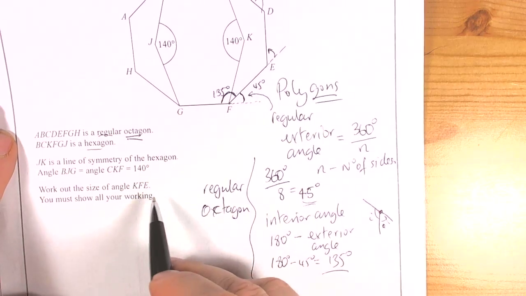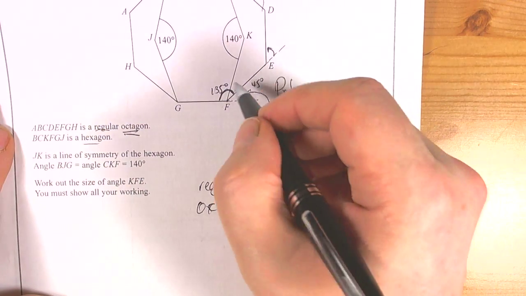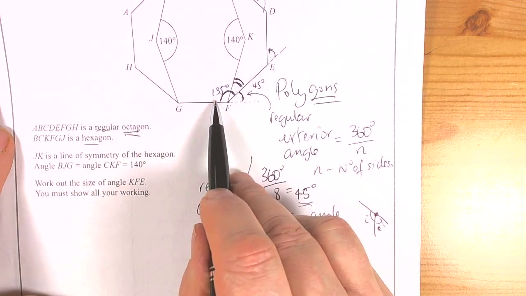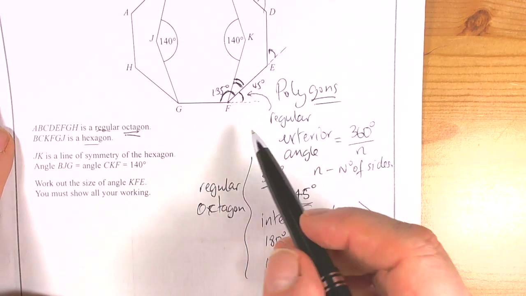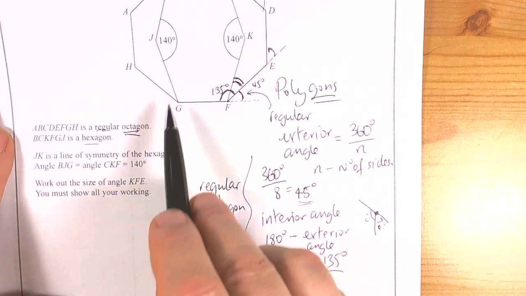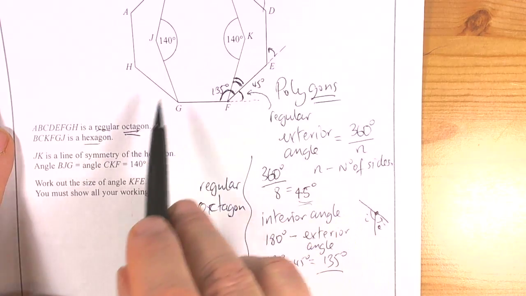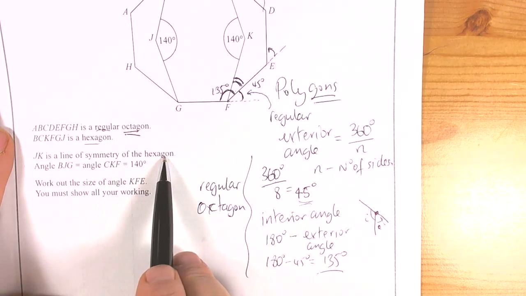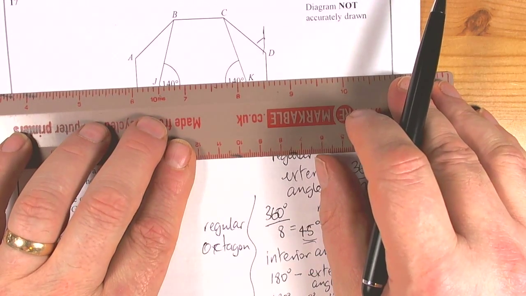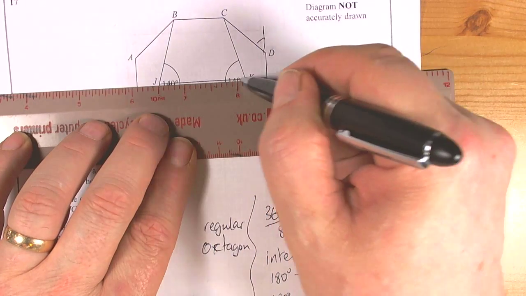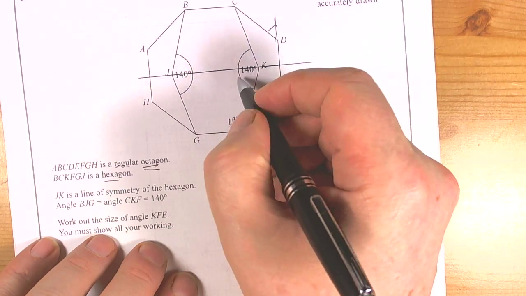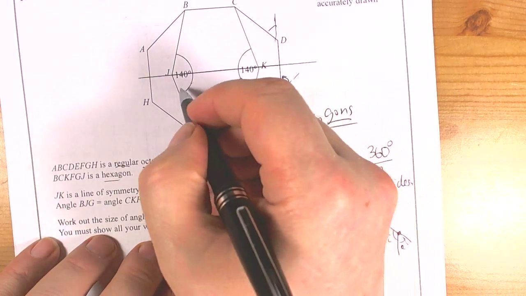The question wants the angle KFE. So when we look at this KFE, then basically we're after this little bit here. So it'd be nice if we knew what this bit here was. Well, they've told us a fact about the two angles here. They've told us they're 140 degrees, and they've told us that JK is a line of symmetry. So if we add on JK, then we can see quite quickly, if that's a line of symmetry, then that is 70 degrees, that is 70